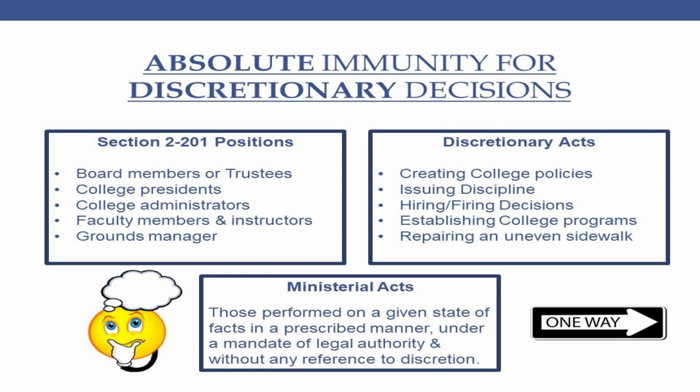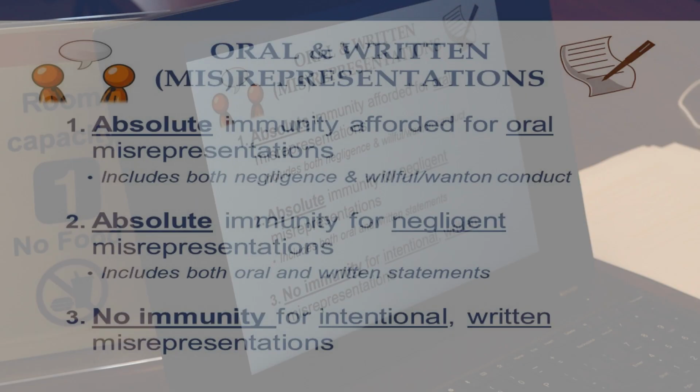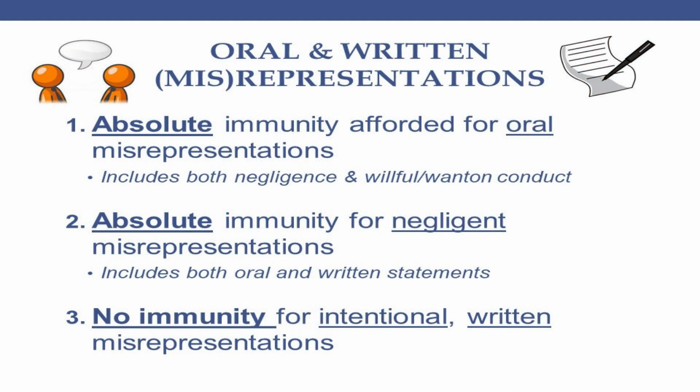So Section 2201, widely known within this area of law for providing the greatest protection and immunity to you, your board, and your college, will bar tort claims when they are based on decisions that involve independent thought or decision-making for particular positions. And we have seen and had great success utilizing this immunity in litigation given its broad reach. But not every immunity is so sweeping in its application under the Tort Immunity Act.